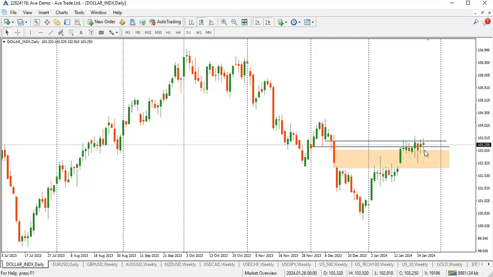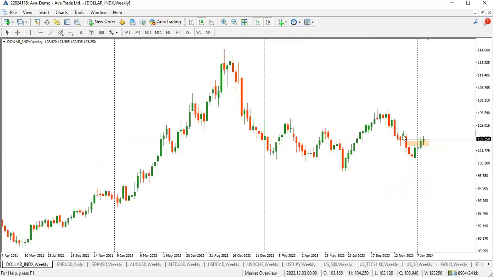Though I favor the downside because of this inefficiency right here, I favor that price is going to go lower, at least closing this gap. That's what I'm looking at. I'll be bearish on dollar to attack this level, and then see if it has potential to go attack the sell side resting below these lows before any form of bullishness, because of this weekly bearish order block resting here.